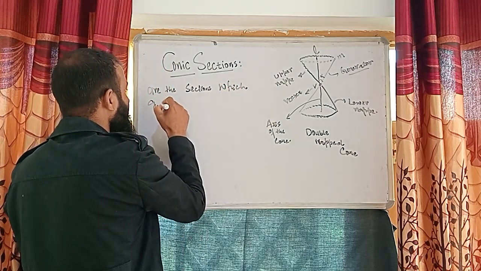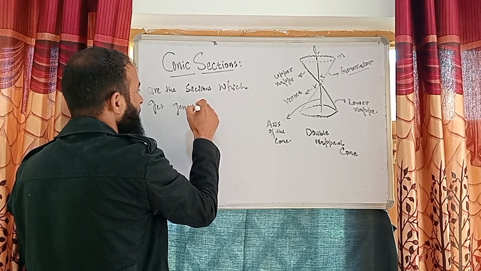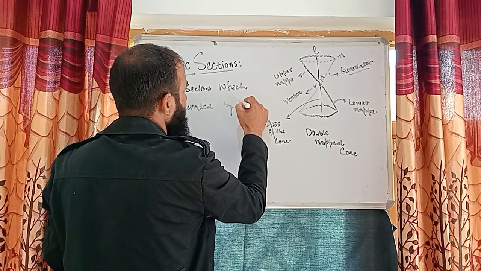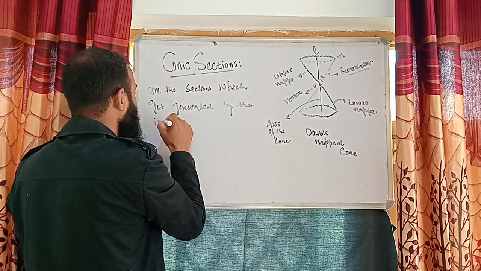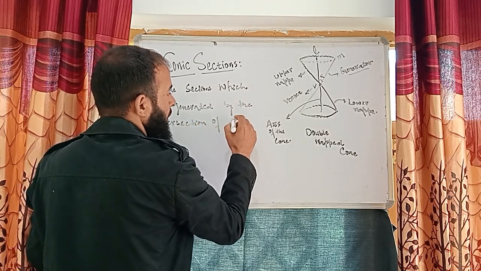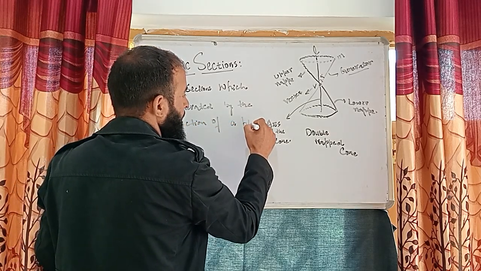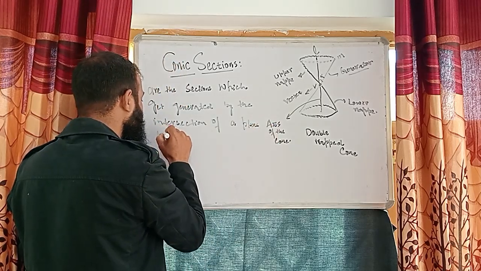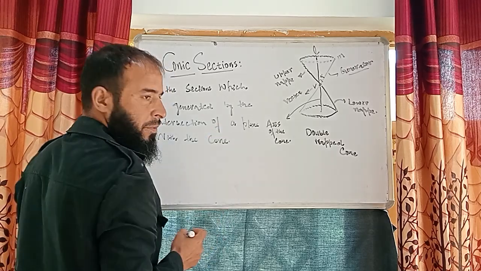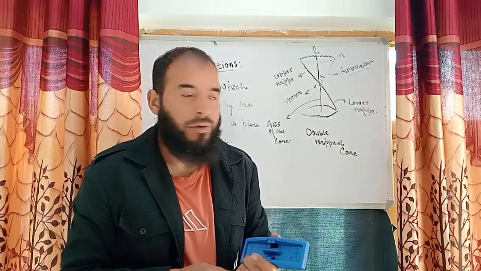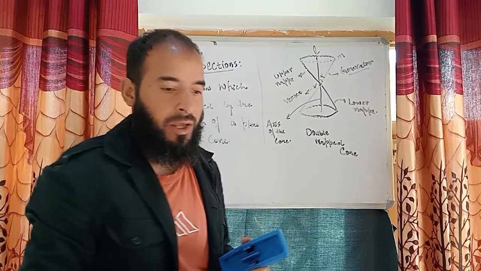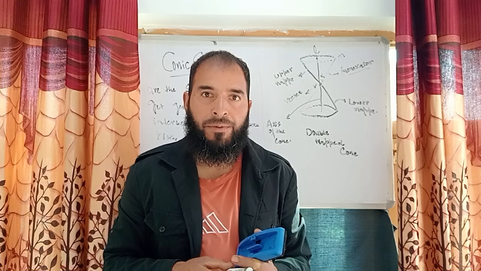get generated by the intersection of a plane with the cone. For example, I will give you an example that if we have a cone and we